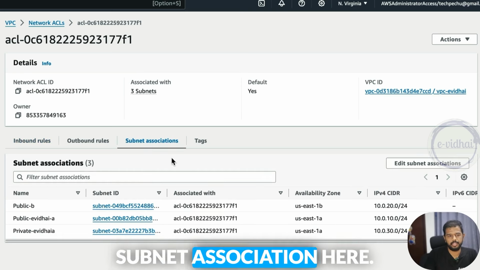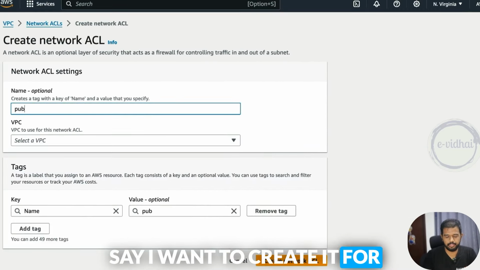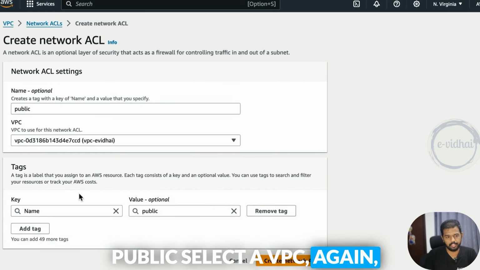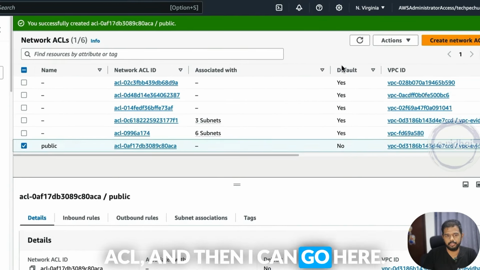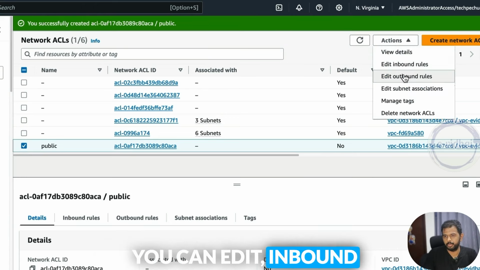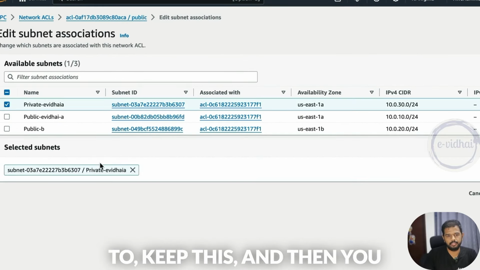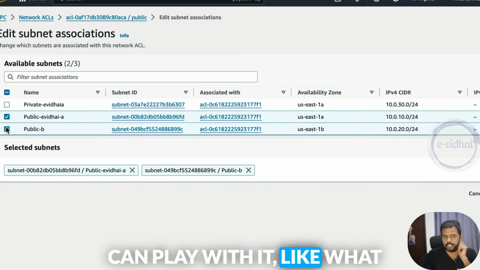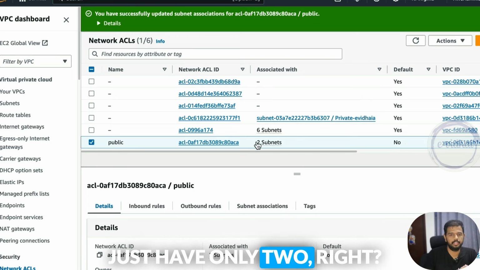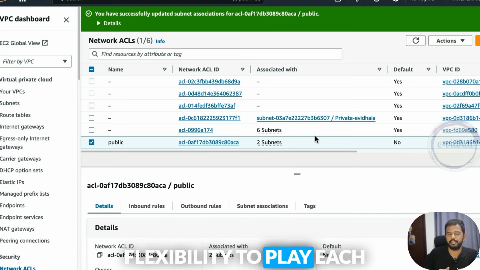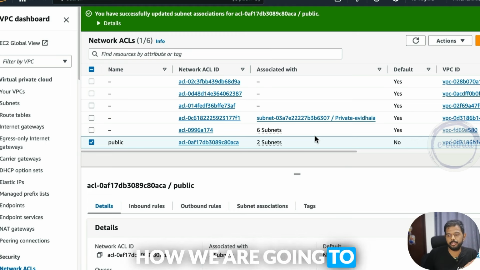And here we also have the subnet association. So I can create a NACL. Let's say I want to create it for public. Select a VPC, just create a network ACL, and then I can go here. You can edit inbound and outbound, or you can also change the subnet association. So instead, I don't want to keep this, and then you can play with it, like what are the things you want to keep associated and what you don't want to keep associated. For example, now you just have only 2, right? So you have the flexibility to play with each and every component. You just need to know what is the need for your organization and how we are going to spread across,